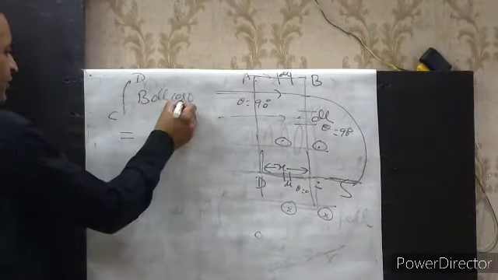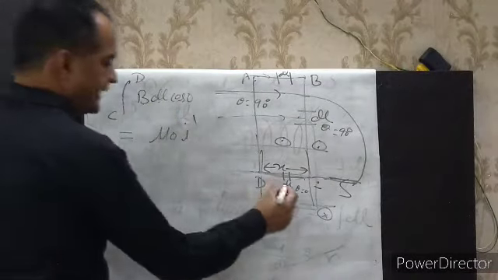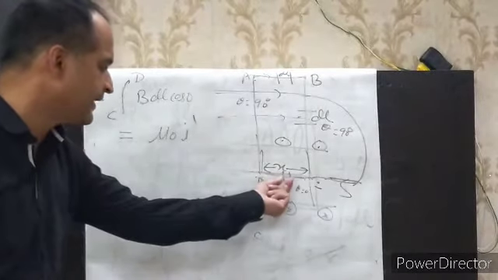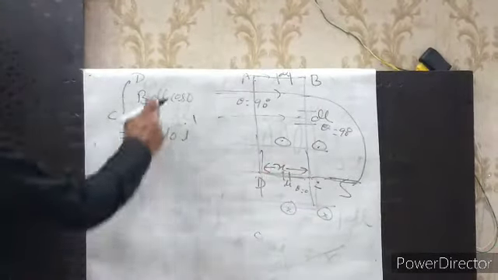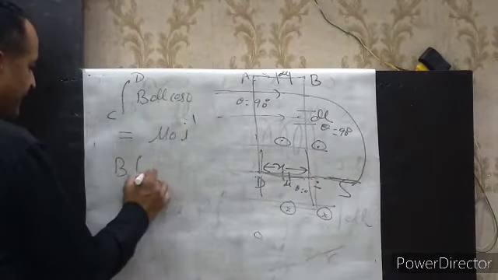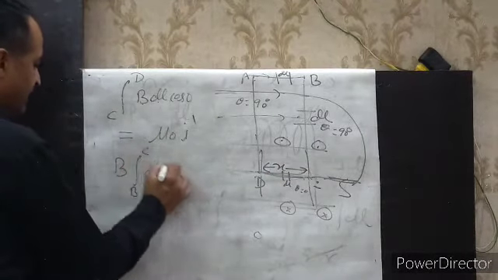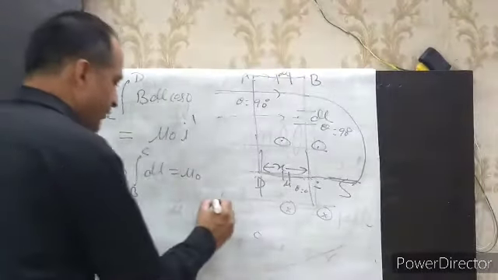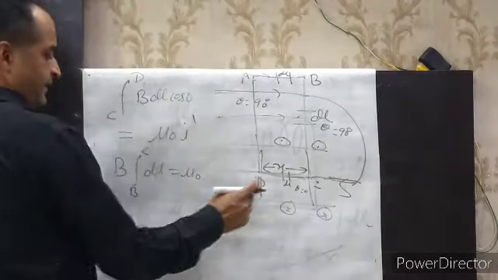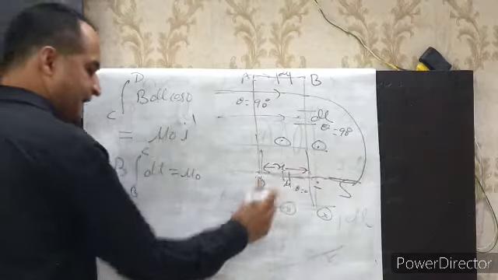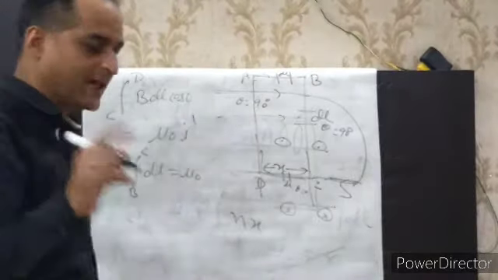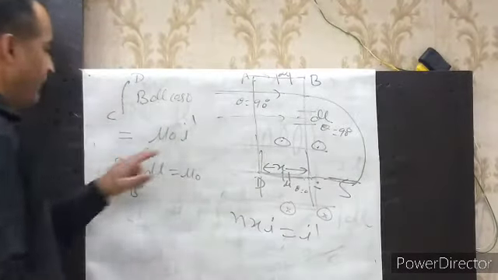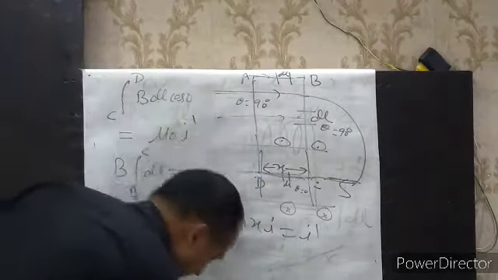Now substitute this value. Cos 0 is 1. B dl. Integration of dl from C to D gives x. Then integration of dl is x. B outside, integration of dl from C to D, is equal to mu naught I dash, where I dash is the current. The number of turns per unit length is small n. The number of turns for length x is nx. Current flowing in one loop is I, so current flowing in nx loops is nxI. This is the total current I dash. So for I dash we write nxI.